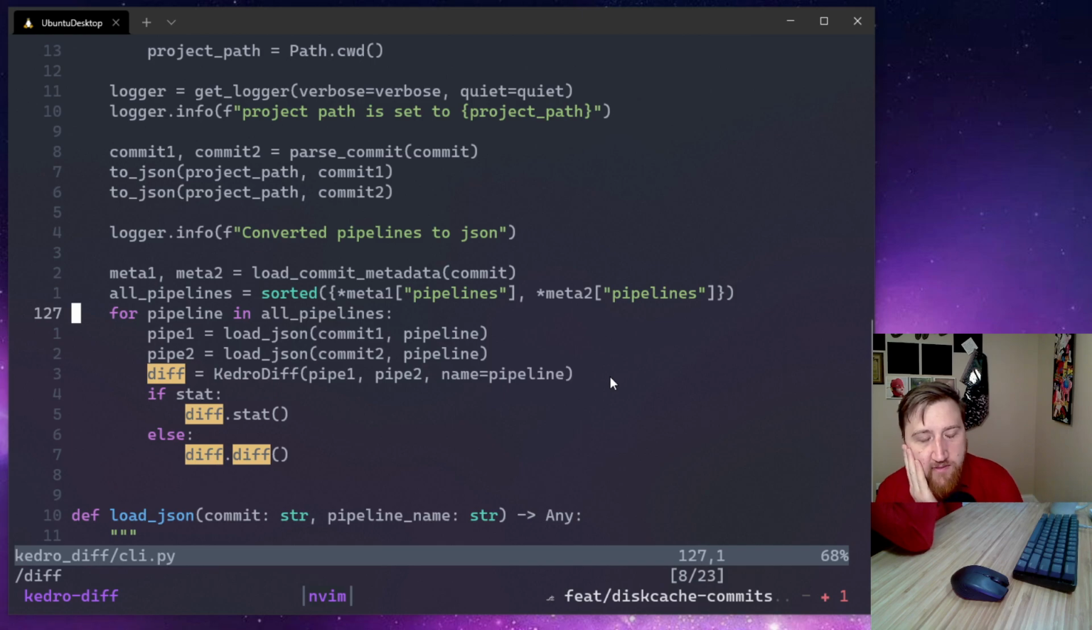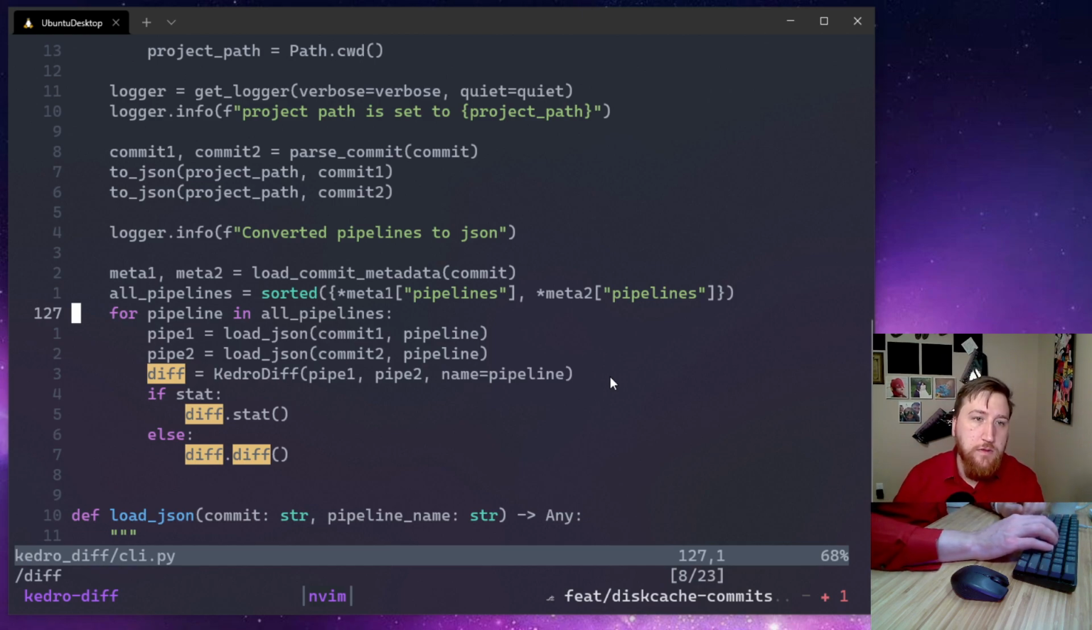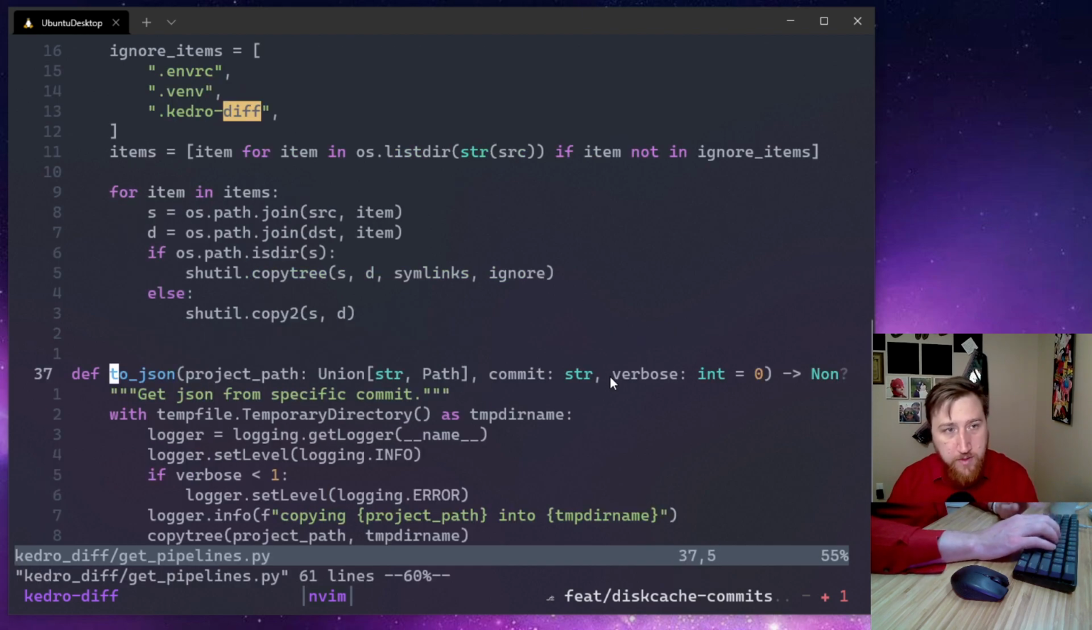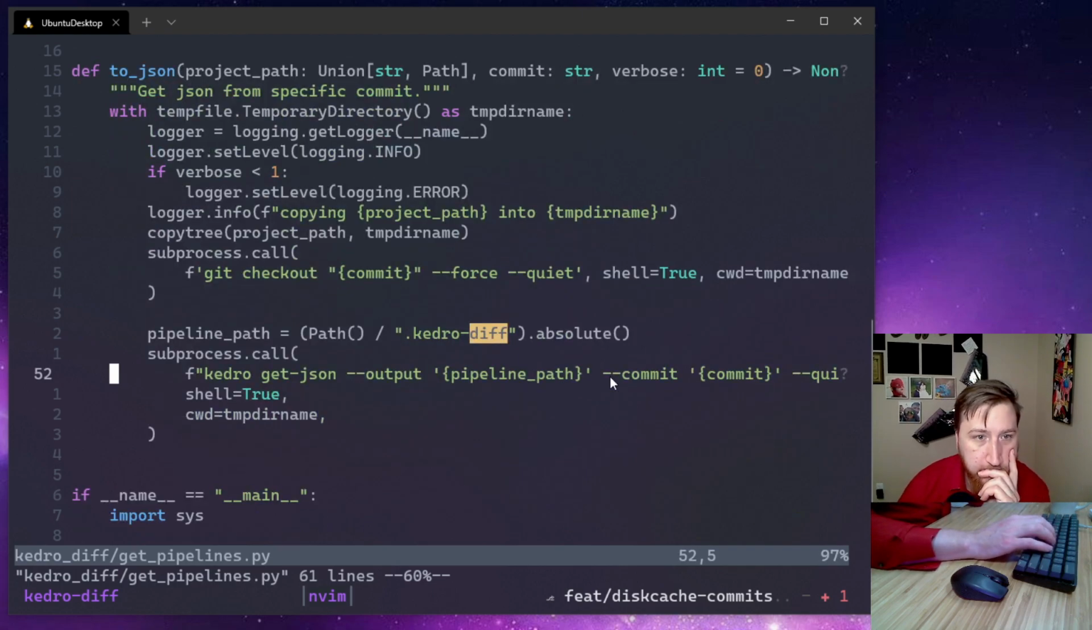So we already have a cache set up in a way. So I don't know if disk cache is what we want. We just want to check if we've already pulled a commit hash before. Okay, so how do we do that? I guess it makes sense to go here and look at